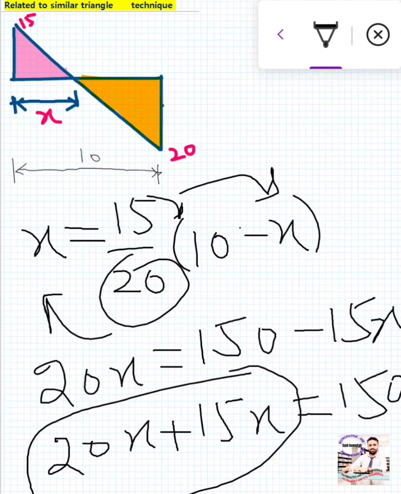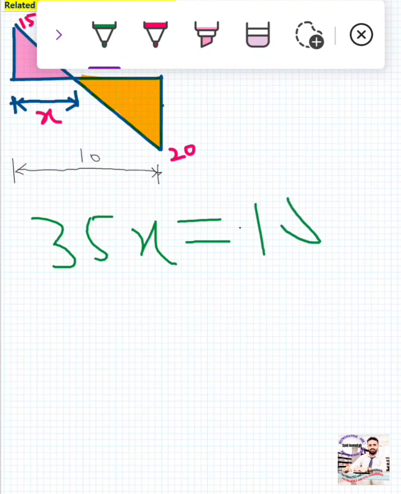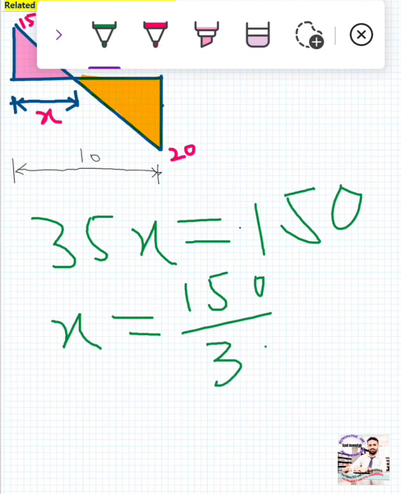So I will do the calculation. 20 plus 15 is equal to 35, so 35x is equal to 150. Now to find the distance x, I will divide both sides by 35. So x is equal to 150 divided by 35. By dividing, the value of x will be equal to